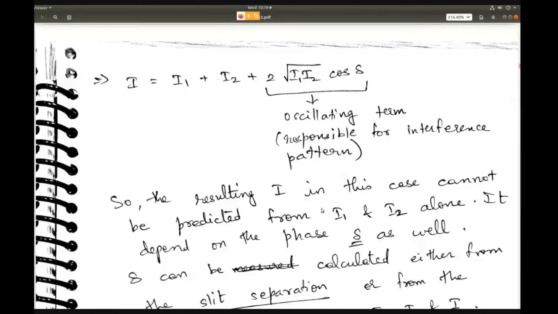Okay, and this is because the resulting intensity I comes from taking |psi1 + psi2| whole squared. Okay, that is the important thing to remember. So it's not that the intensities add up, but the wave functions add up. And because the wave functions add up, you can then take the square of the added up wave function, and that gives you the final or the total intensity.